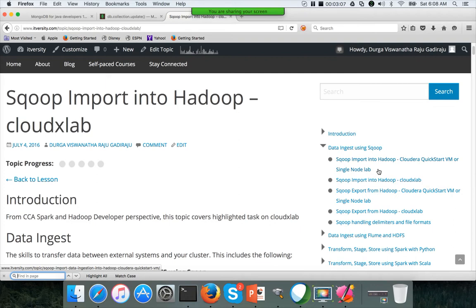This is primarily intended for certification, where they directly get into Scoop and just practice it without thinking much about Scoop concepts, architecture, and common issues that pop up while running Scoop. So I will be covering some of those topics here, and you should also perform hands-on, because these are all open source technologies and they beat our common sense.